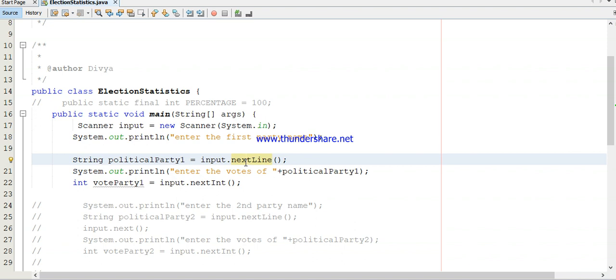The same way you print a line saying enter the votes of the political party, with the name of the political party, that is what I am printing in this second line. And to get the integer, you have to use input.nextInt, which will be assigned to the vote of party 1. Now I'm repeating the same